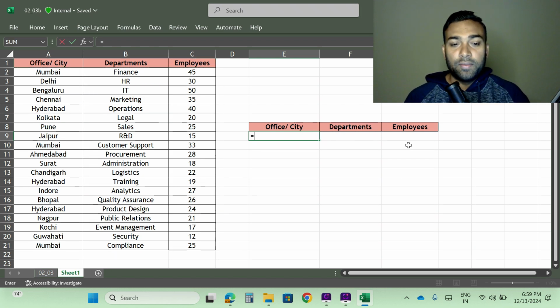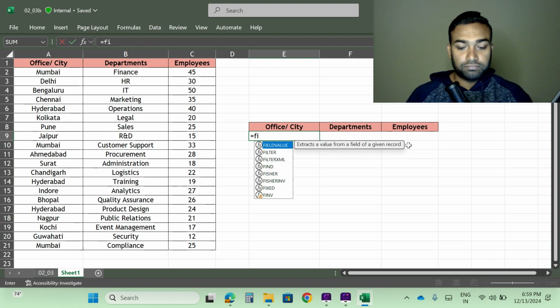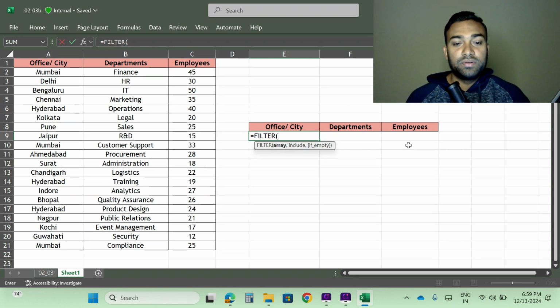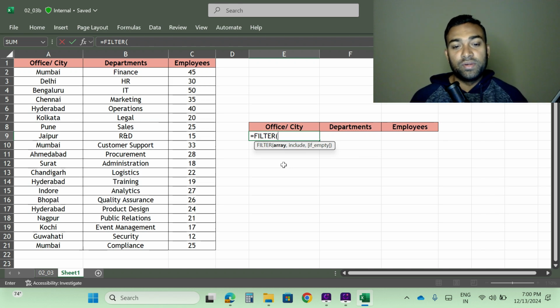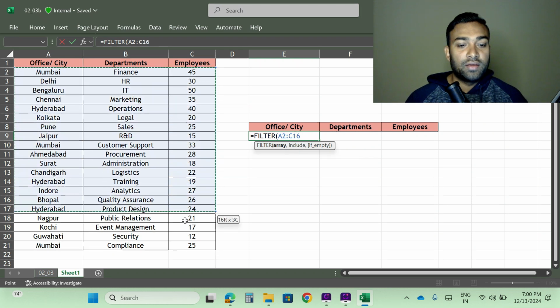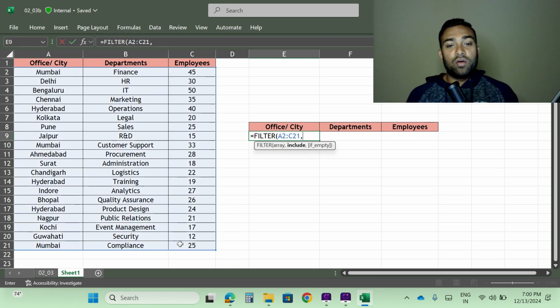So equal, now filter, tab. Now it's asking, there are three arguments, two are mandatory and one is optional. The first argument is array and the second argument is include. What is array? Array means I need to provide the entire data without the header. So I will select my data. Here it is. Now I will press comma. Now it is asking include. So what include means,